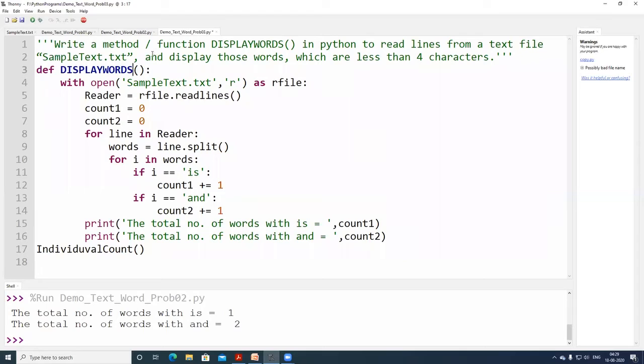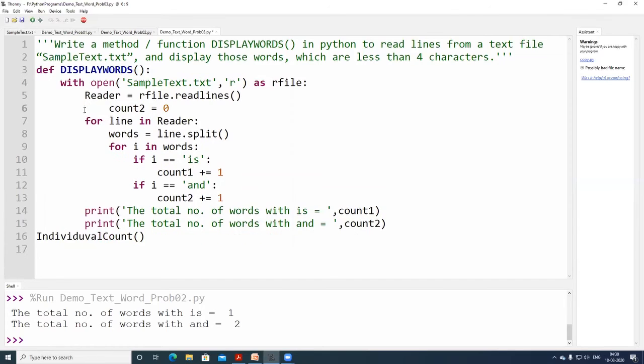I have opened the file in read mode. These 2 lines remain common. Here I need not have the count. The count is not going to do anything with my program.